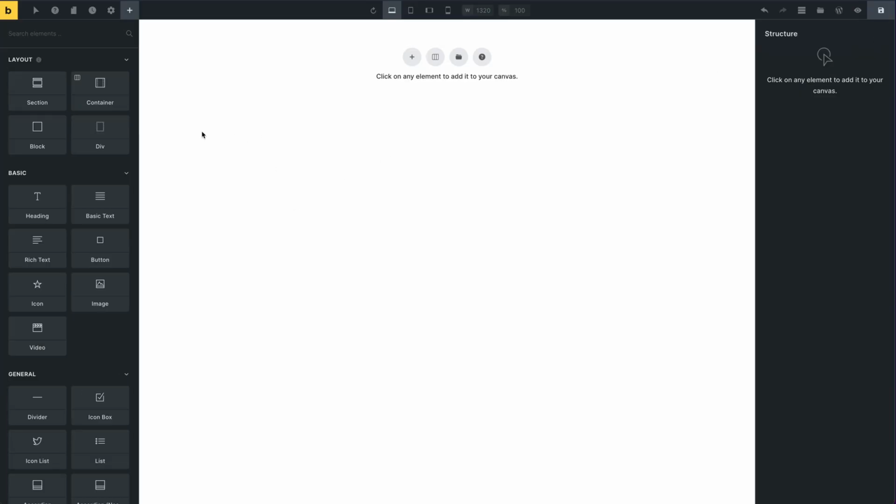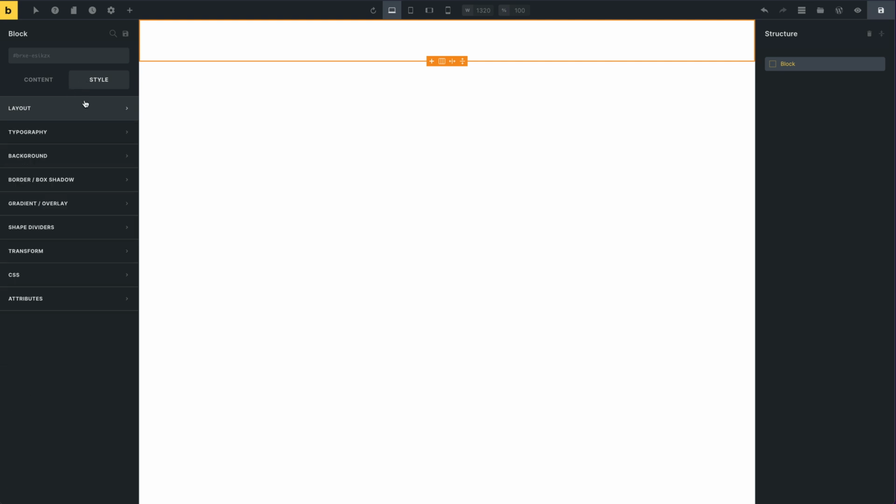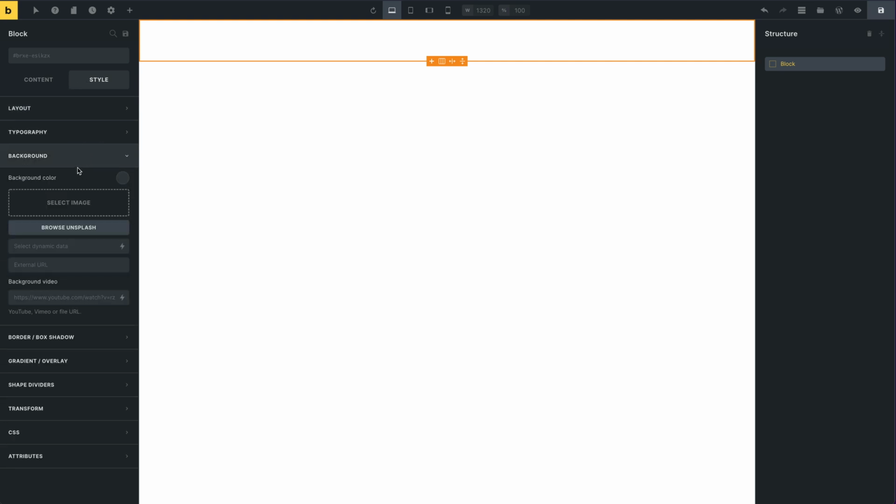I'm going to show you this on a block. All right, let's just go to the background color. And the first thing I want to show you in relation to the color palette is the ability to reorder the colors inside the palette just via drag and drop, if you want to maintain a